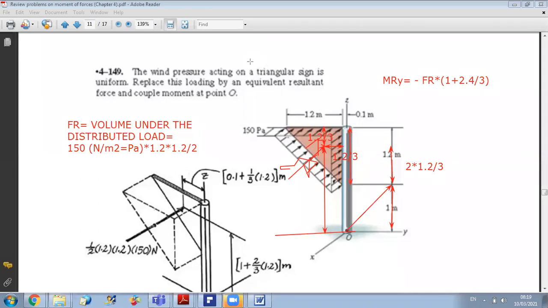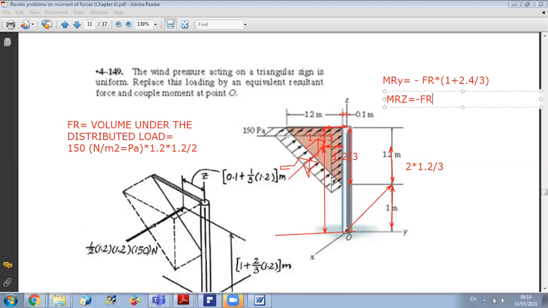What is the distance between my force and z axis? Look at the figure. I should take the perpendicular distance to the force, okay, and to the axis. So it is this distance from here to Z, okay. The distance from the force to Z is 1.2 over 3 plus here I have a small thickness of 0.1, okay. So I can say that the resulting moment about Z is equal also to a negative value, so it's